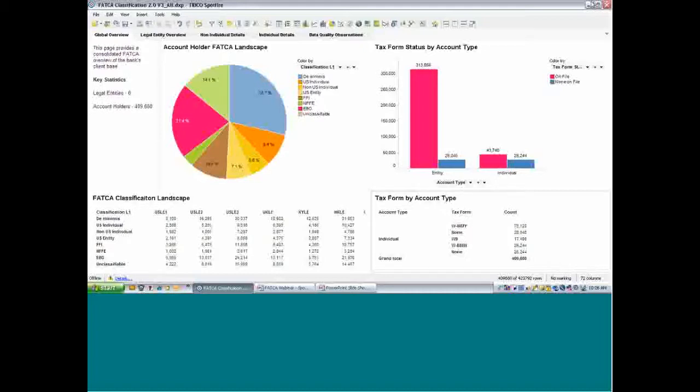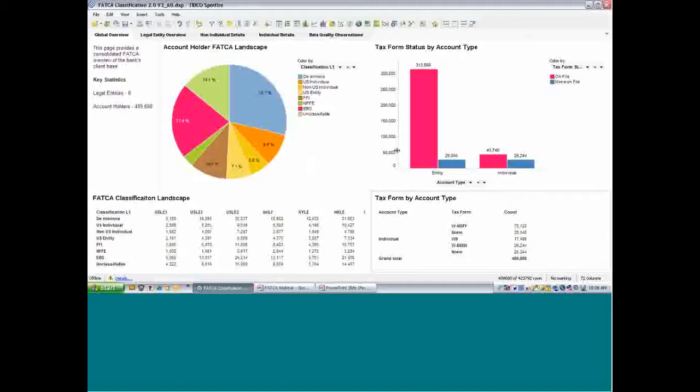So we start with an overall, high-level view of the account holder FATCA landscape, where we've broken down the clients into some high-level groupings: de minimis, individual, non-individual, and you can go through the financials and non-financials. So at a glance, the user can see what we call the FATCA landscape looks like. And since FATCA is a